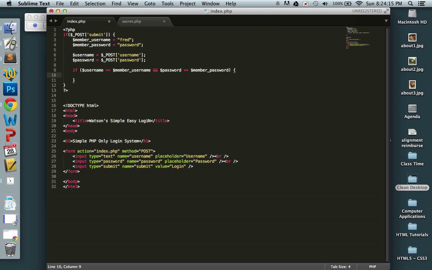Now we're going to use this opportunity to set a session variable. Sessions, we're essentially establishing a session. We'll pass that session variable, we'll keep it, and as long as that session variable is set, the user will be able to access certain pages on our website. Later on, we'll create something that will destroy that session variable, and then you can come back. That's how we'll create a logout system essentially. So we're going to set a session variable,